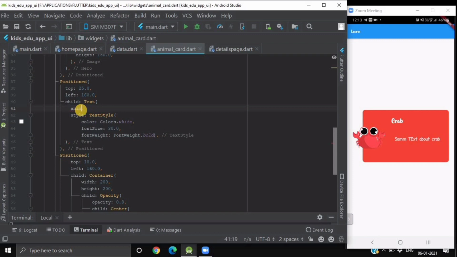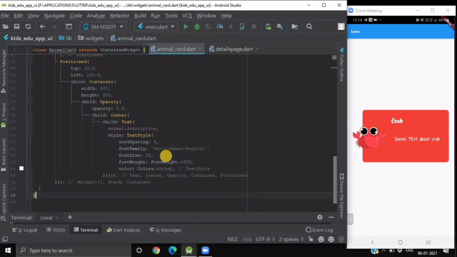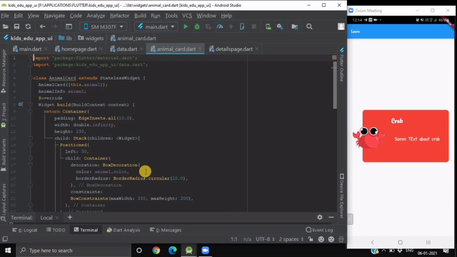Similarly, we will make the changes everywhere. So here we are done with our custom widget. Here we have successfully created one custom widget of animal card.